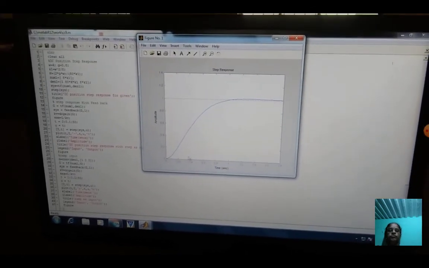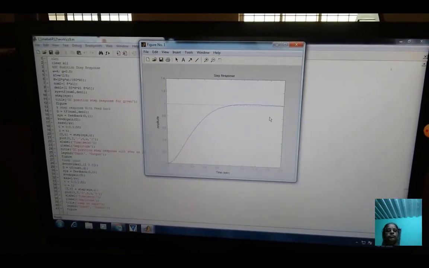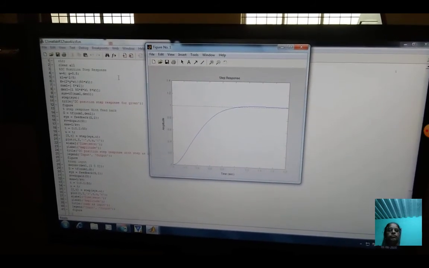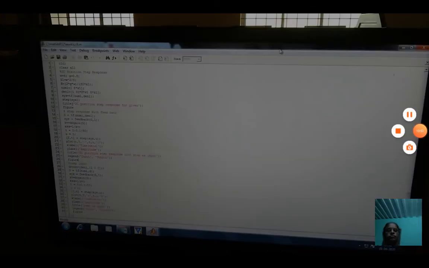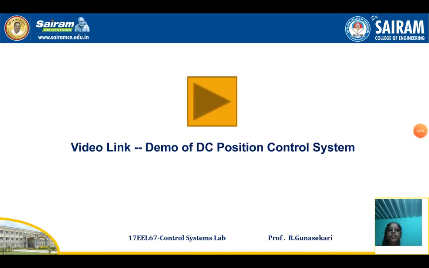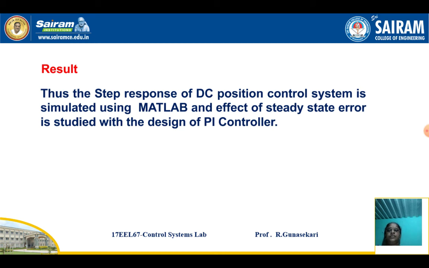For this transfer function I am getting the step response of the DC position controller only. From this video you clearly understand how to type the program and then run the program and then how to see the output.